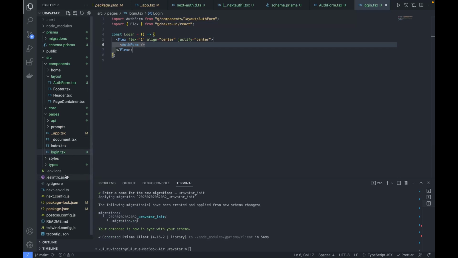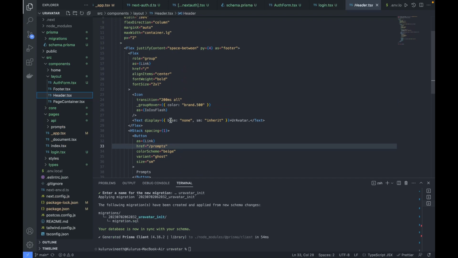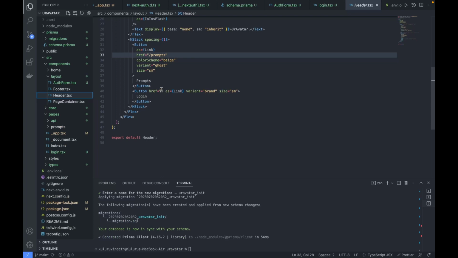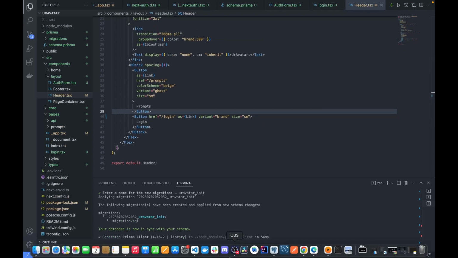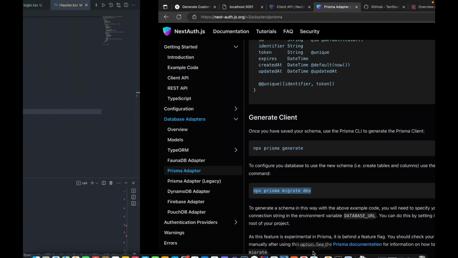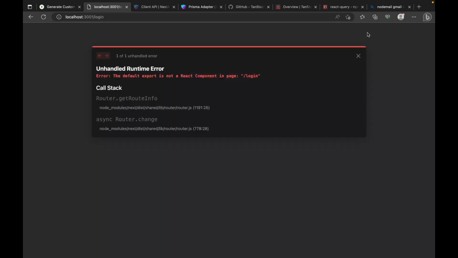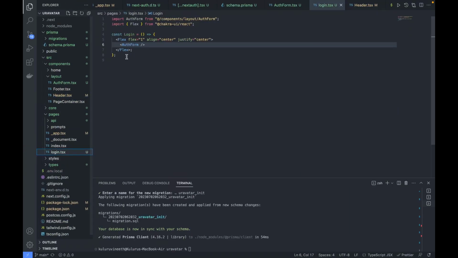This, as I said, in the index page, in the hero header part, right? So going here, header, on clicking the login button, it should take us to the login page. Okay, as of now, let's just check how this looks. Okay, so going back to the browser and going to our home page, so clicking on this. Okay, there is no export in our login page. Okay, I always tend to forget this. So here,